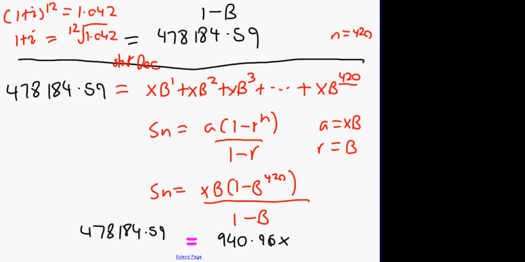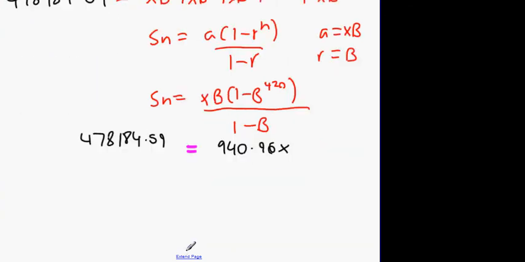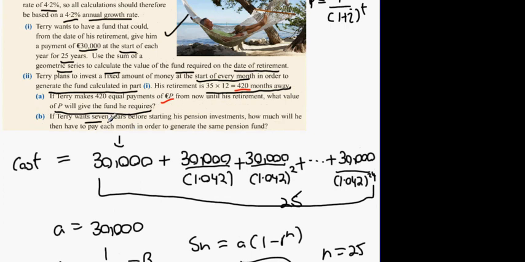478,184.59. So we're going to divide 478,184.59 by our answer, and we're going to get a monthly rate of 508.19. So our monthly rate is 508.19. Now, if Terry waits 7 years before starting his pension investments, how much will he then have to pay